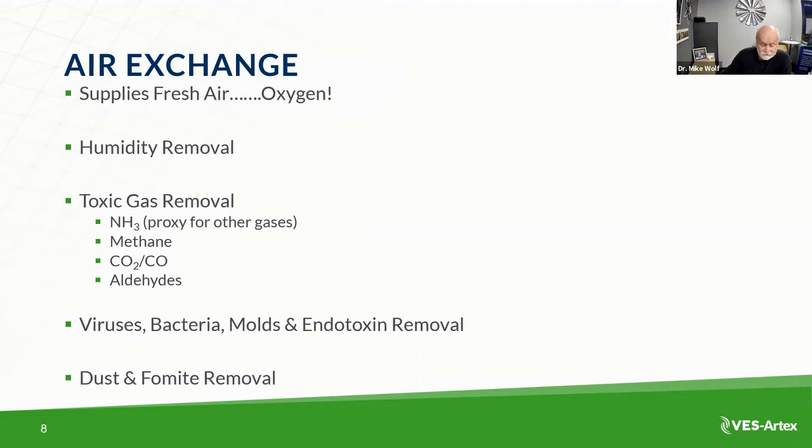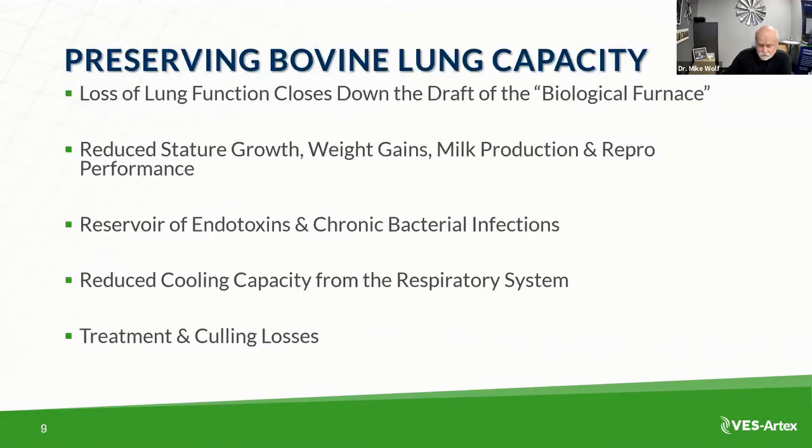And then the dust and what are called a fomite, which is actually a particle that's very small that can get pulled deeper into the lung tissues, and it's going to carry along with it not only itself as an irritant to the lungs, but the bacteria and molds that are attached with that can help increase the risk for respiratory disease. So preserving that lung capacity is hugely important, because if we lose that, we're turning down